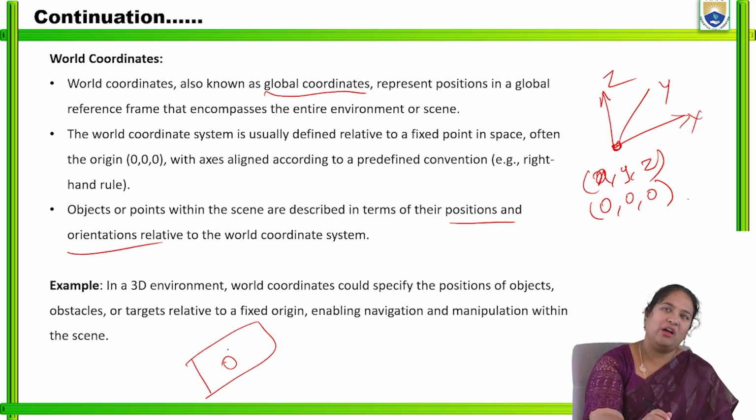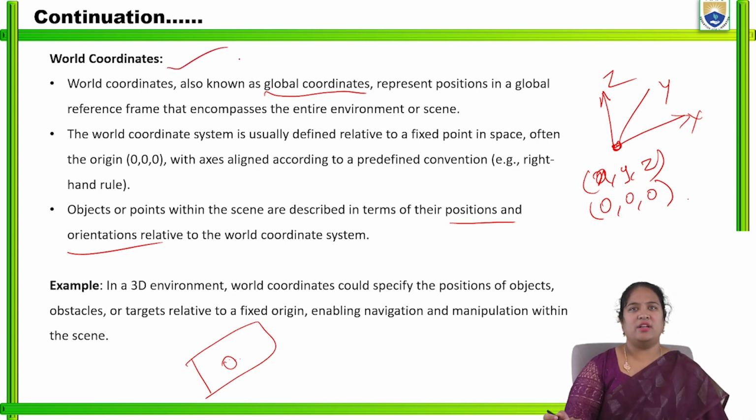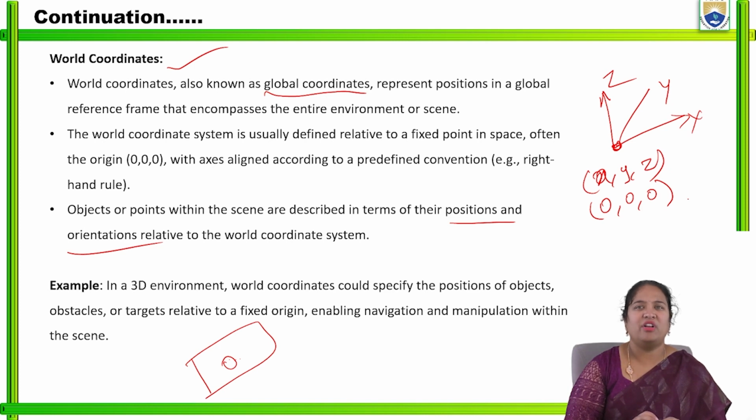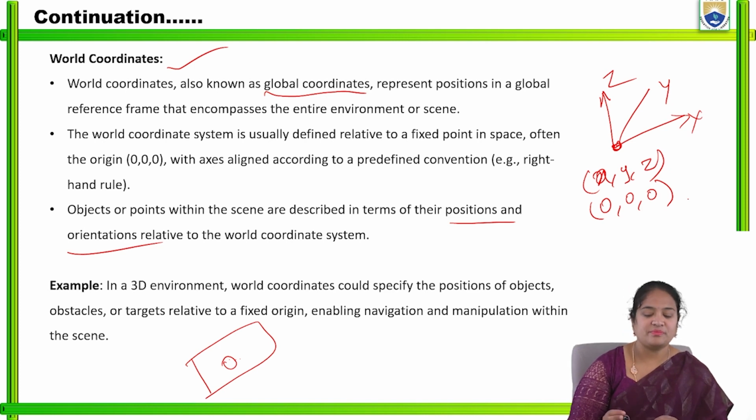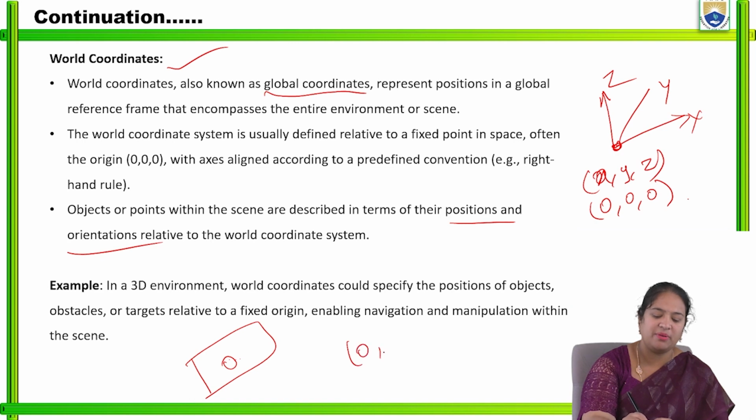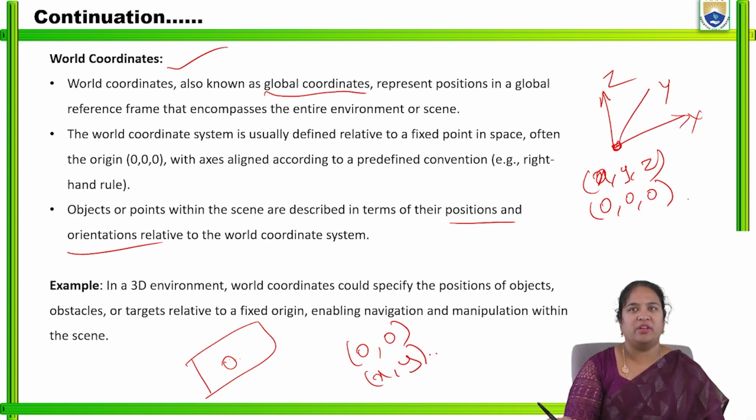In order to find the position or orientation of any object, we use the world coordinate system at a constant origin 0, 0, 0 if we are taking a three-dimensional space. If you are taking a two-dimensional plane, it will be x and y, that is, 0 and 0 origin,